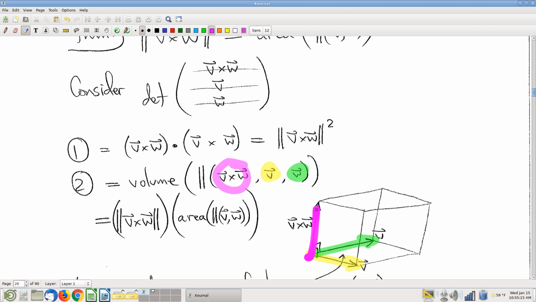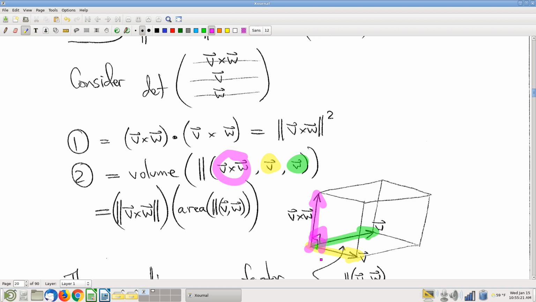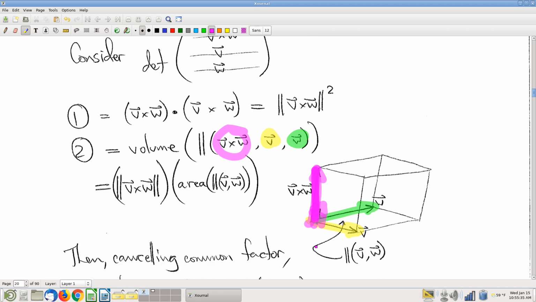And recall that we already know that cross products are perpendicular to the two input vectors. So this is not just a random parallelepiped. This is at least a partially right parallelepiped. This direction is perpendicular to the other two directions. And so because of that,